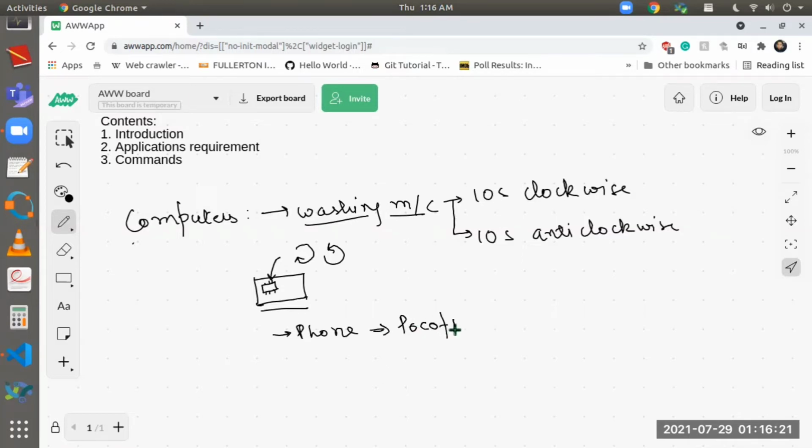Okay, I use a Poco F, and this phone has 6 GB of RAM. It has 3 gigahertz CPU. Okay, and it has 128 GB of memory. Okay, now this is a very high specification compared to a computer.